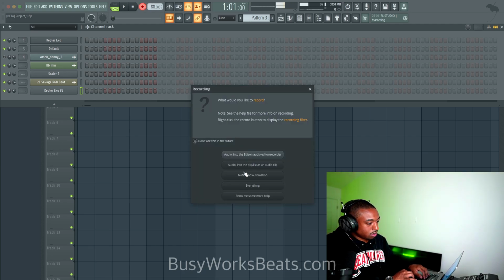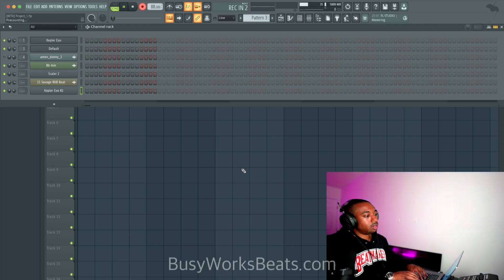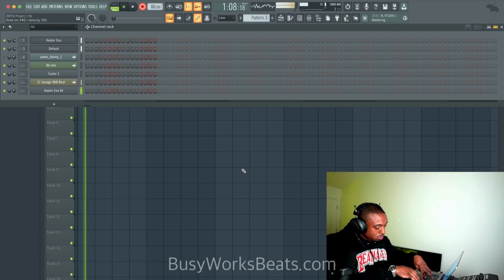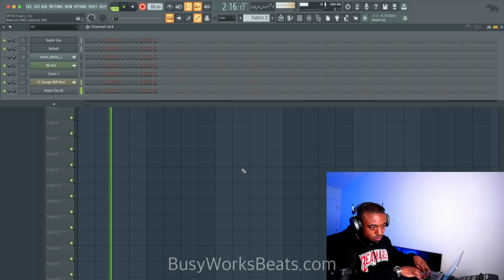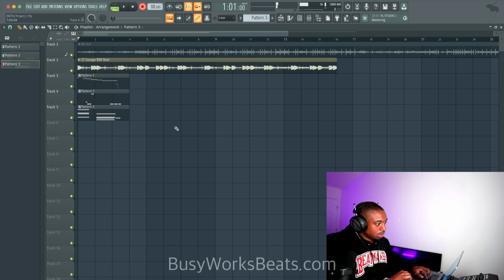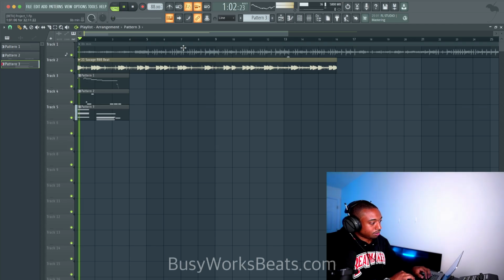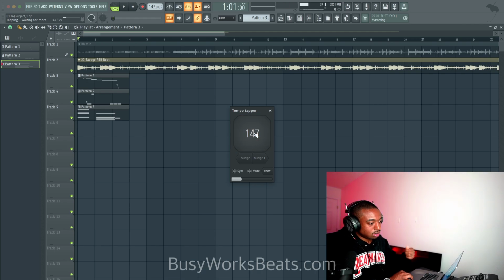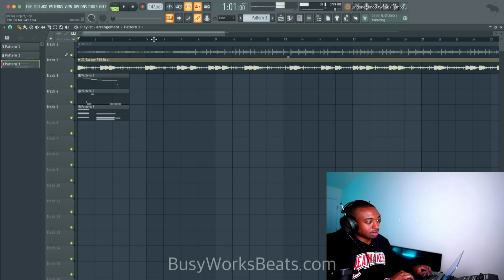Hopefully that chord works. Okay, so it's a little bright right now because you're playing so many layers. So I'm going to see what we can do here. I think that beat was like 145. Actually, let me go back because that's going to throw off the MIDI.